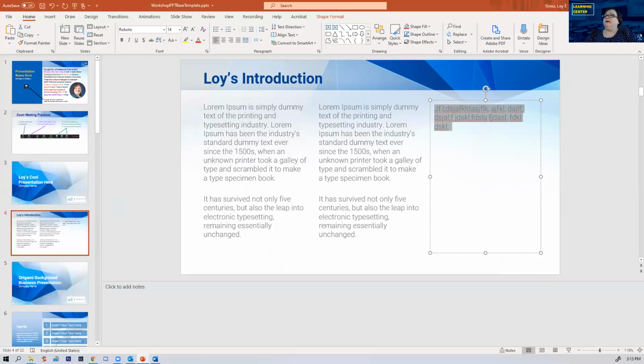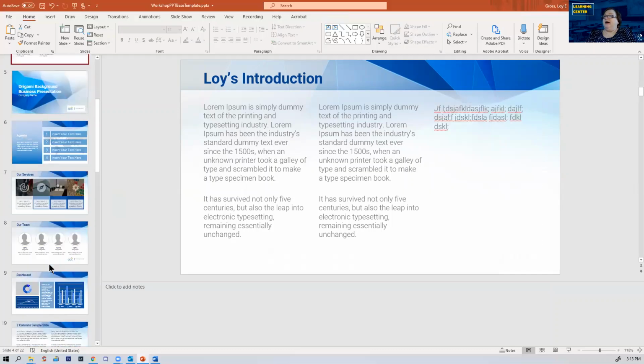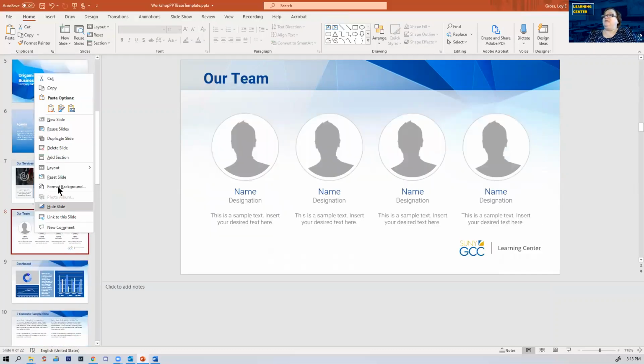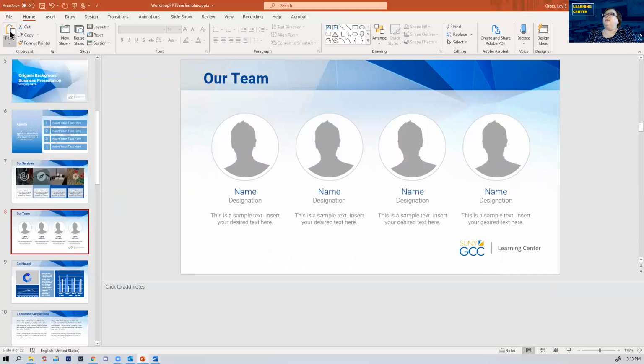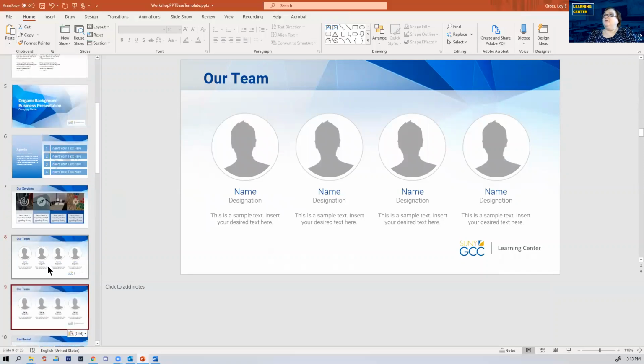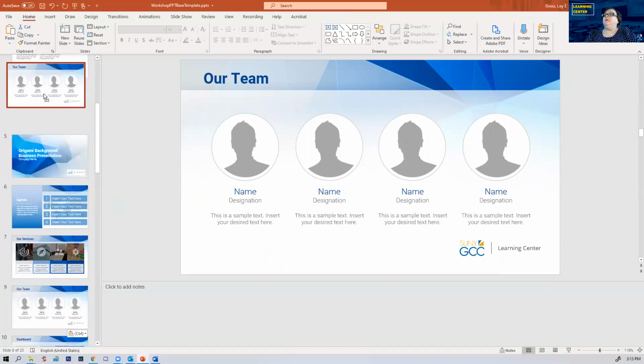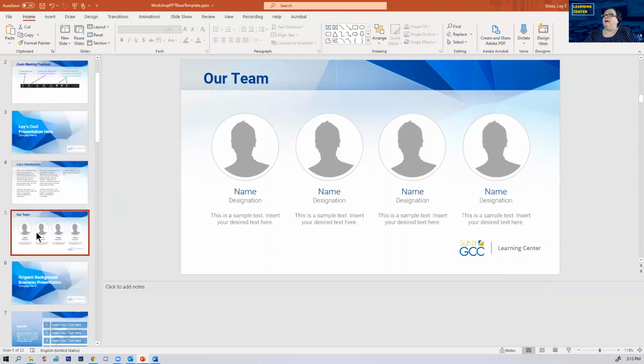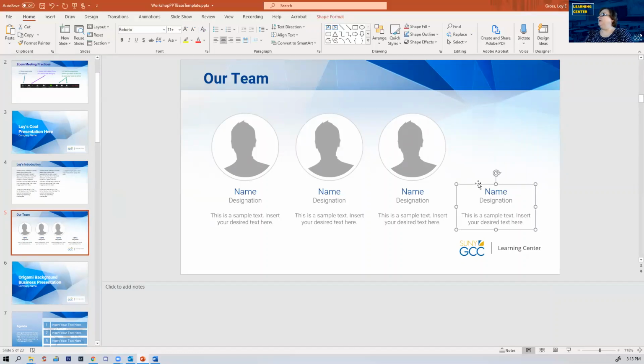Let's talk about editing and arranging items on a slide. And I'm going to use our team slide here. Again, I'm going to make a copy because I don't want to mess the original one up. And we'll bring this up and put it in where I want it. Okay, so here's our team, and I'm going to edit our team. Well, our team only has 3 people, so we'll take this 4th one. We'll make sure we click on the edge of the item so we can delete it. We'll get rid of that one, and now I have my 3 remaining people.